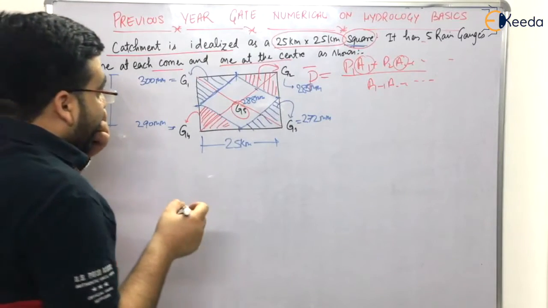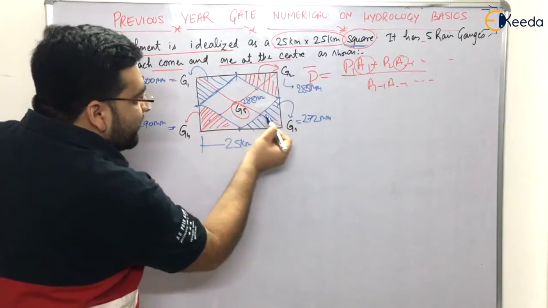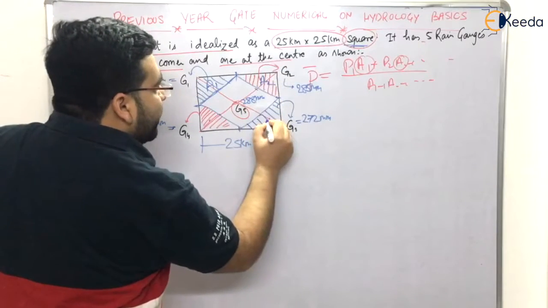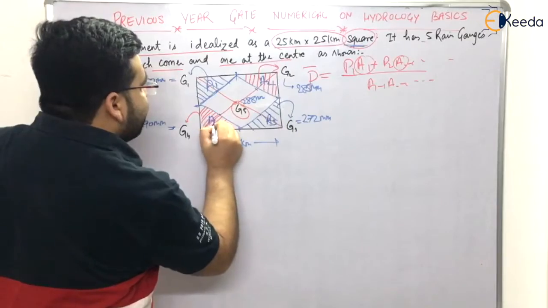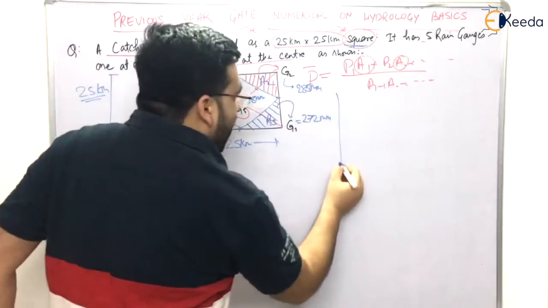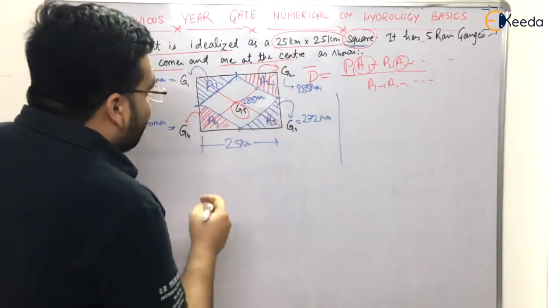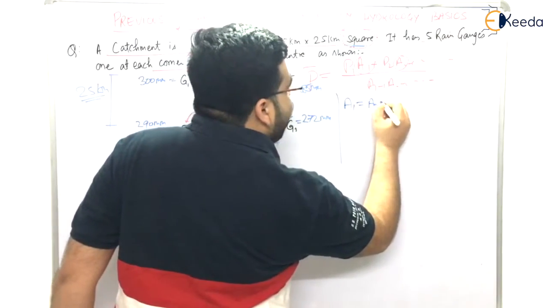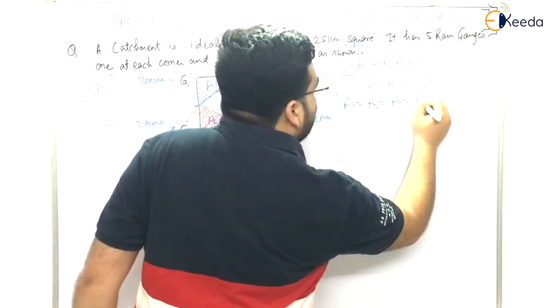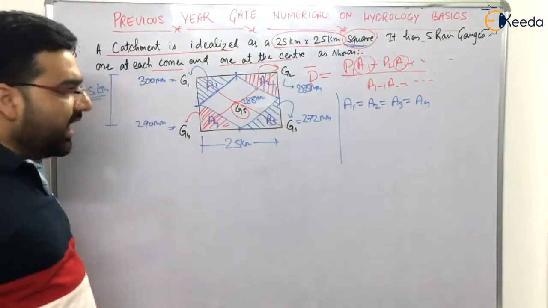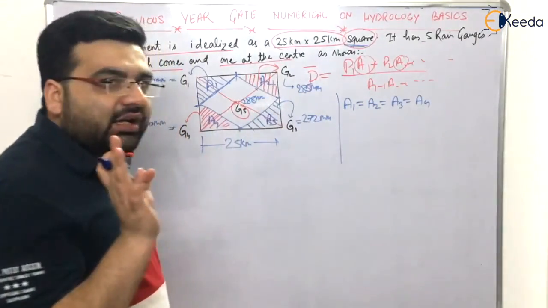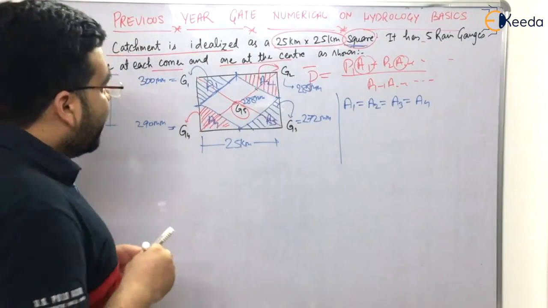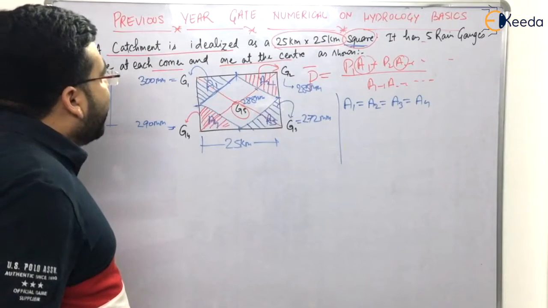Right? Now the area of this, let us say this is A1, this is A2, this is A3, and this is A4. Now if you know that it is a square, so this whole is a square, so A1 will be equal to A2, will be equal to A3, will be equal to A4. Simple. Clear? Now if I determine just one area, every area will be determined automatically because all are equal, right? Now the question is how to determine this area A1.